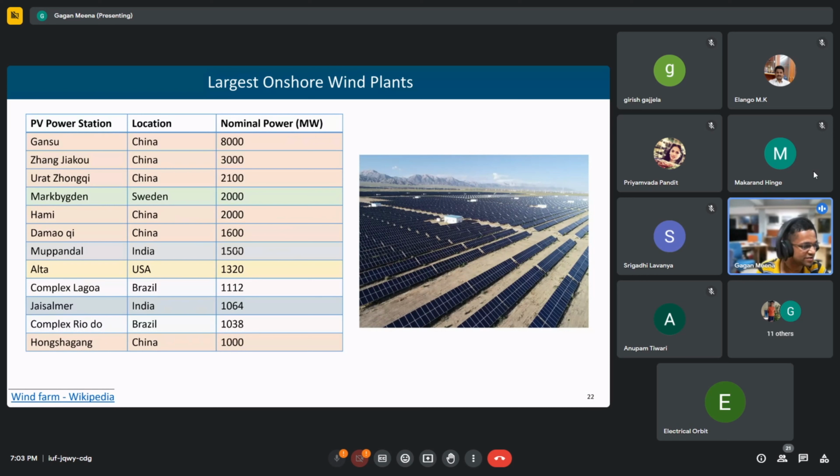Now we are moving into offshore wind plants because of steady winds in oceans and also because of the higher wind speeds. That's why the offshore wind plants are going to have very huge wind turbines. Can anyone of you guess what would be the output of one offshore wind plant? The output of a single wind turbine. Any guesses? What could be the output of a single wind turbine?